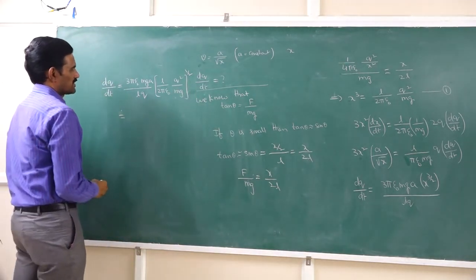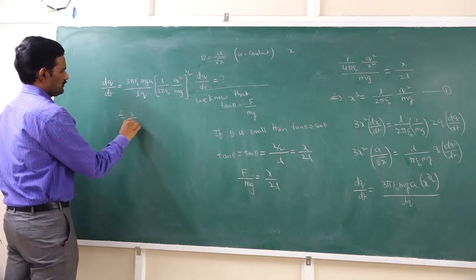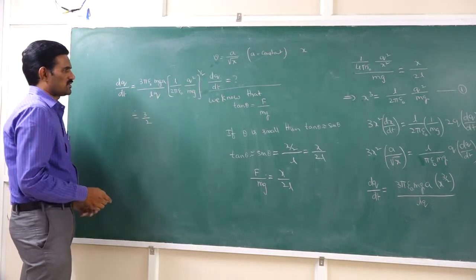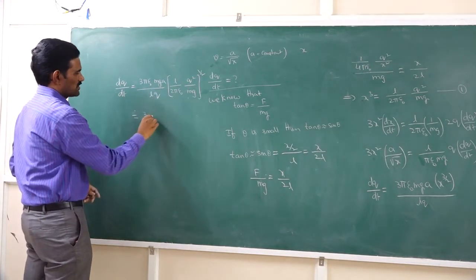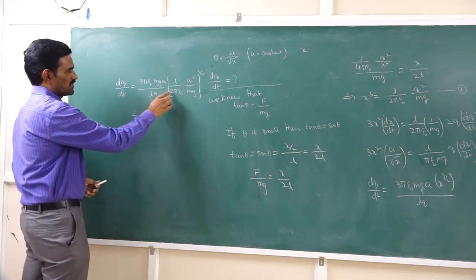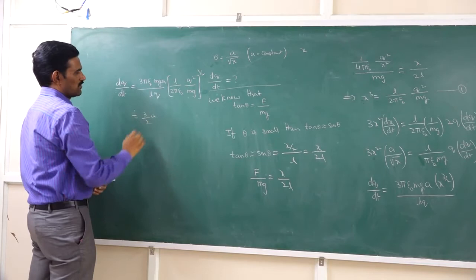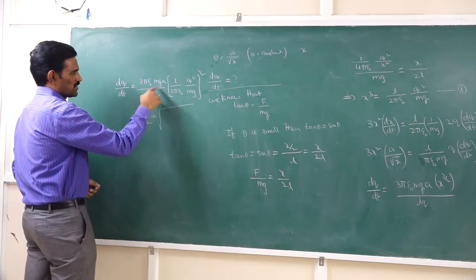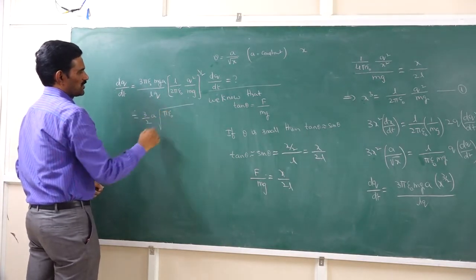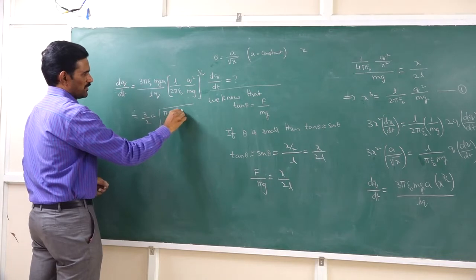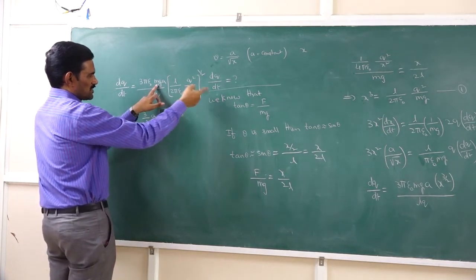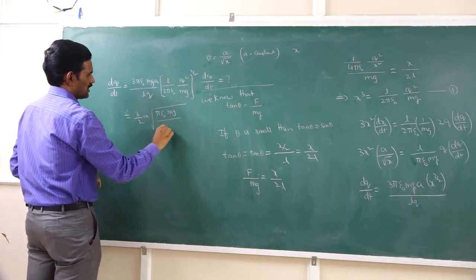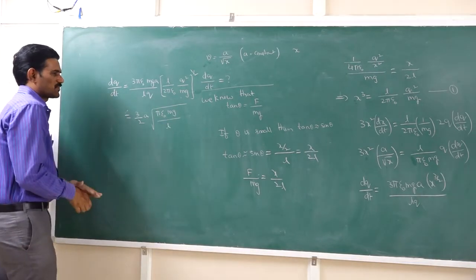And so now I can write this expression as finally, here this q is there and here q square whole power 1 by 2 is there. So that q you can cancel there. And I am writing the total expression inside except this 3 by 2a. That means here I am multiplying and dividing with this 4. I am writing this total expression inside. Let us see this calculation. So here this value I am cancelling here. Then pi epsilon naught we will get in numerator. Here mg is there and here mg, one mg will be cancelled. So that comes under the root. And here again L is there and here L is there. So by L, and so that is the remaining expression here.